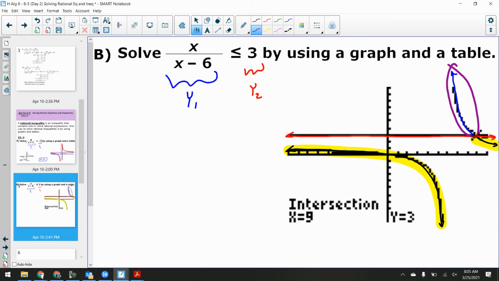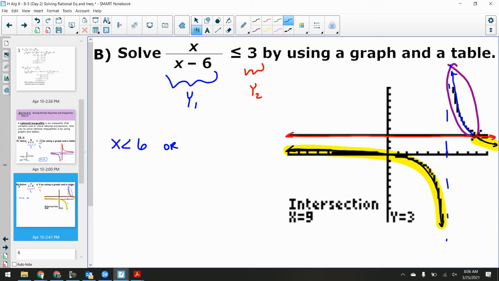All right, so let's write it out. What is this defined with my x values? Well, where is this vertical asymptote again? Where was that at? 6. So any x value below 6 is the solution. Can I include 6 as an x value? No. Why not? The asymptote, it doesn't compute. I can't be equal to 6 or else my function would be undefined. All right, so x is less than 6,